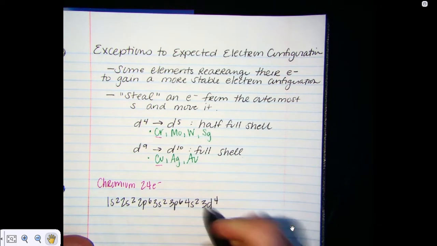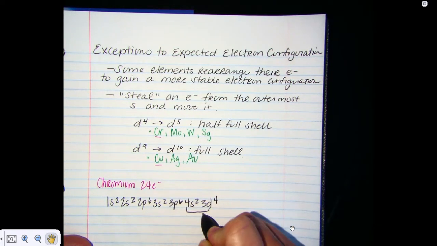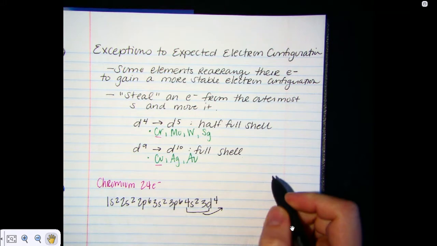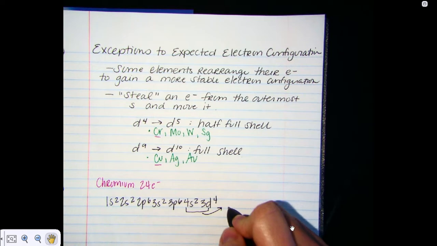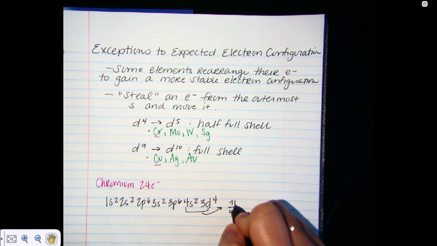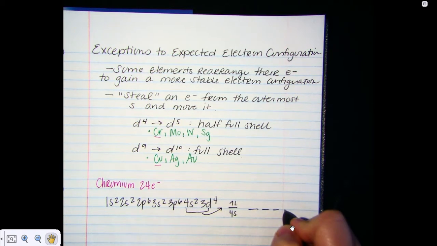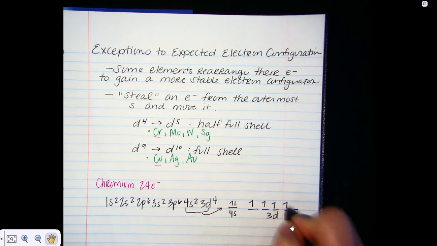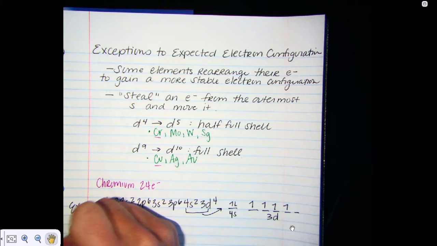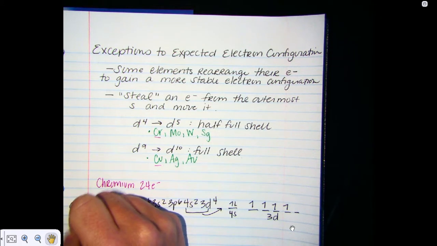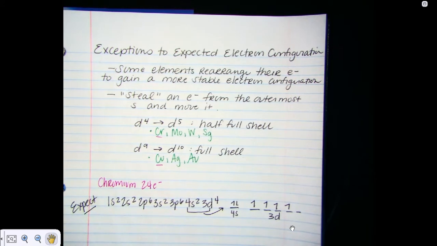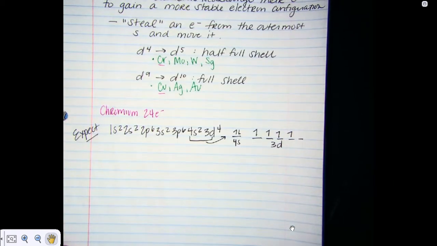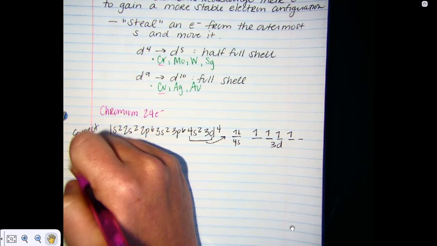3d4. And then I'm going to take these two and I'm going to write out their orbital diagram just so I can show you what you would see. So 4s, 1 up, 1 down, 2, 3, 4, 5, 3d, 1, 2, 3, 4. So this is what we would expect, right? But what we actually see, the way this occurs naturally,